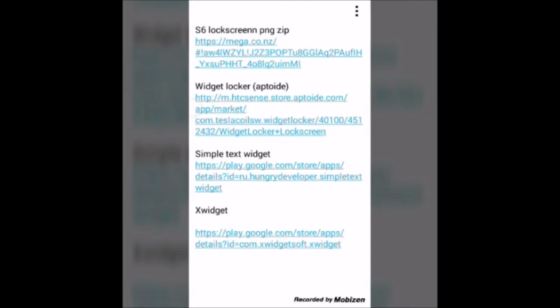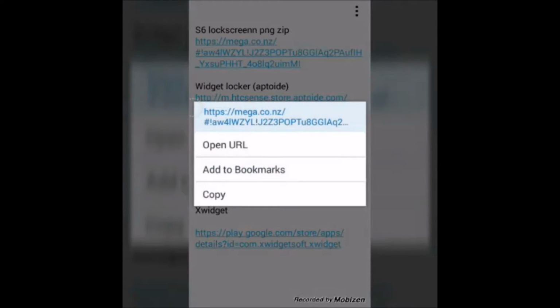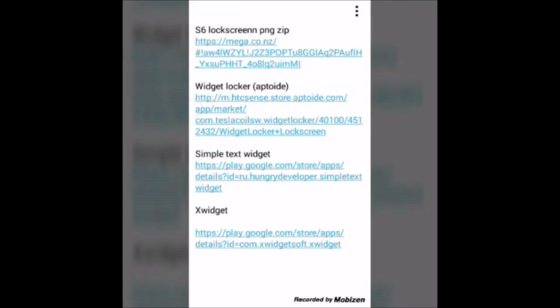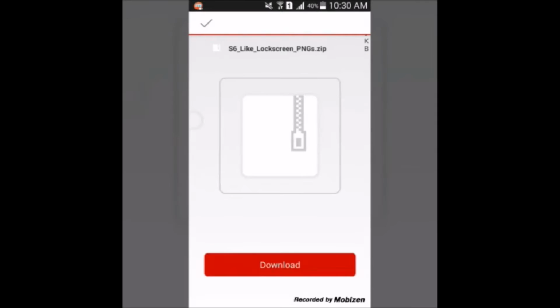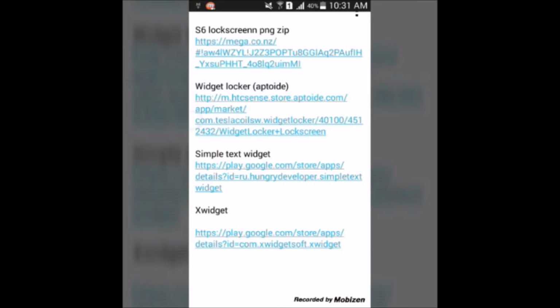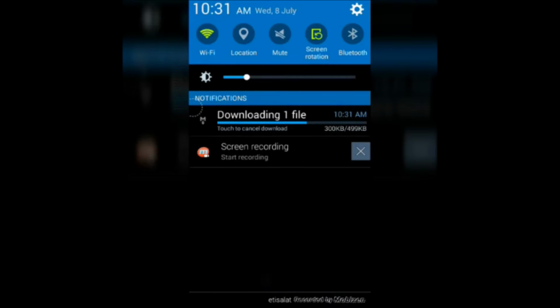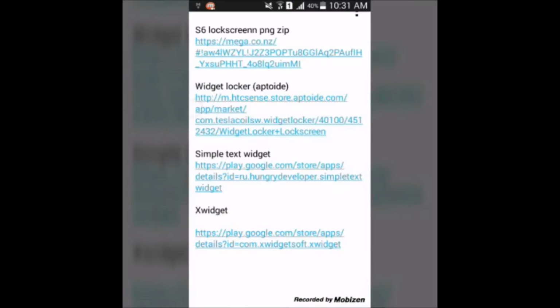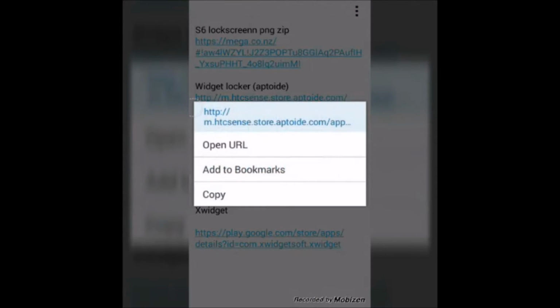So first let's begin by downloading the S6 lock screen PNG script zip file. You need to have Mega, otherwise you won't be able to download this. Just saving this to SD card. Let's see, the download is running. So by the time, I'll download widget locker,